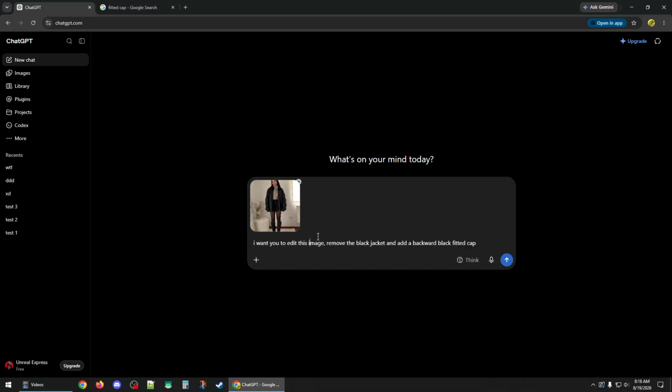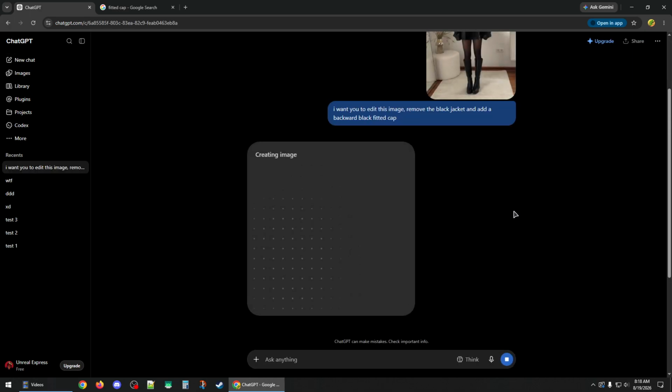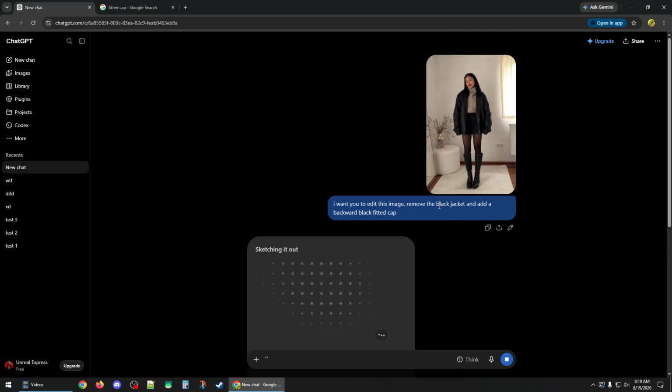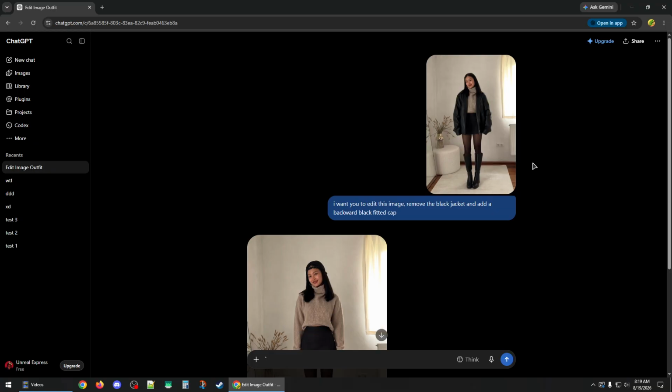For example, I want you to edit this image, remove the black jacket and add a backward black fitted cap. And then you can simply send the prompt and wait for it to edit the image. And you can also ask it to add clothes or remove other clothes if you want to. And it just finished